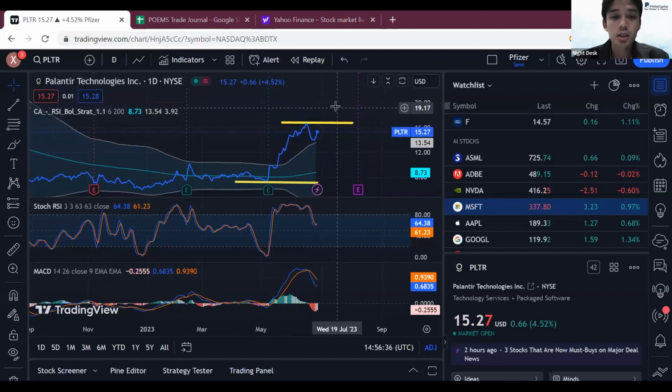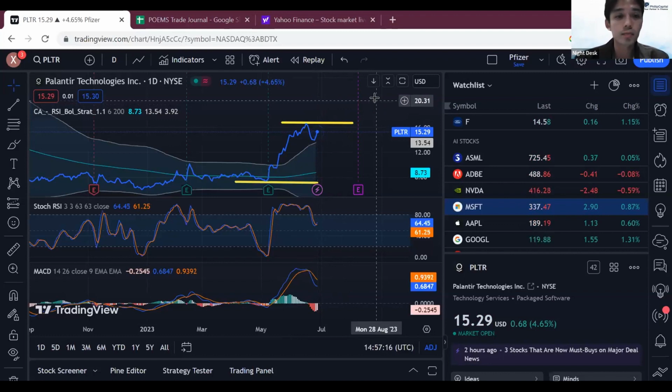We have some questions with regards to buying puts or shorting shares. This depends on your risk appetite. If you buy a put, you're just paying a premium, depending on which expiry you want. But if you sell shares, of course, you need to account for the interest rate you're paying on borrowing the shares, and you also have to buy back the shares if the price moves much higher. Options give you more ways to trade. So at the end of the day, it depends on your risk appetite and how you plan your trades before you enter.